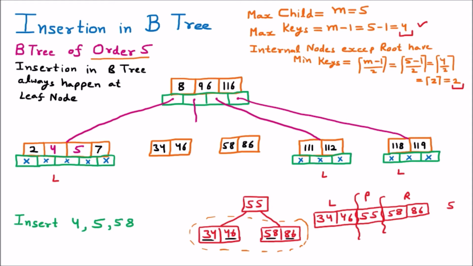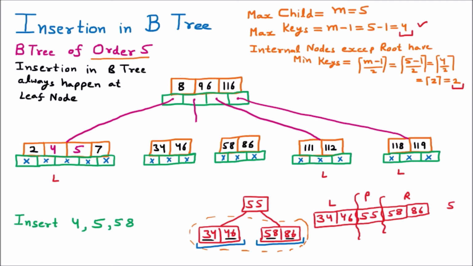We know that these are the keys which we have inserted. They will obviously have children. So now we are going to add the children. As in the first node we have 2 elements, that means 2 keys, so this will have 3 children provision. Similarly in the second node we have 2 keys, so it will also have 3 children provision. Right now there are no children, that's why we are putting the cross here. So there are no further children available. So successfully we are done with the bottom part. We have inserted this 34 and 46, and also this 58 and 86.